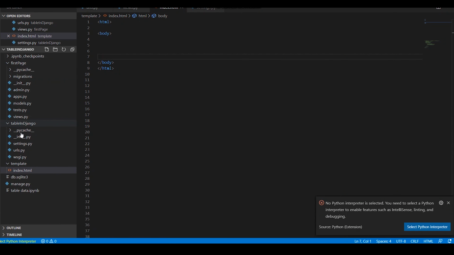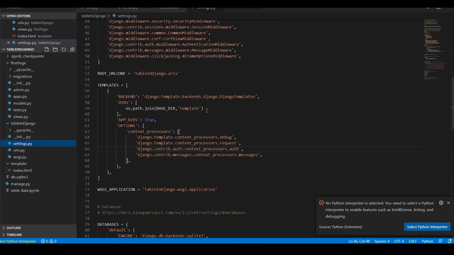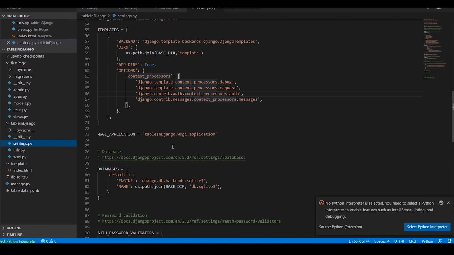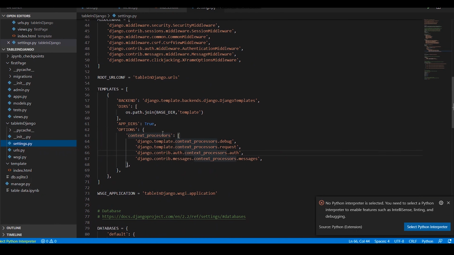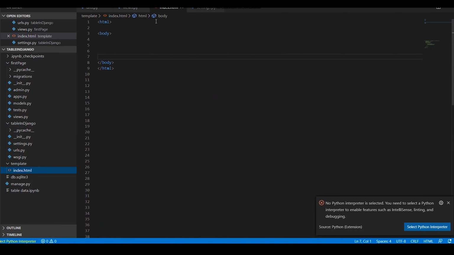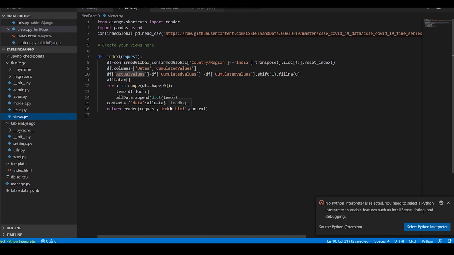I have a simple Django application with an empty index page now, and I have set my settings with my app, and I have also set the templates through which I can get my index page. This is the index page, which is empty right now. Then I have to define my backend function logic for which we would show the table. To show how it all works in the data part, I'm using the COVID-19 dataset.